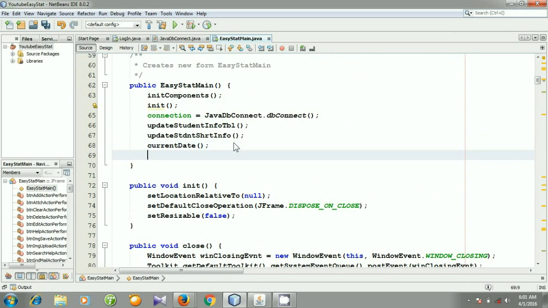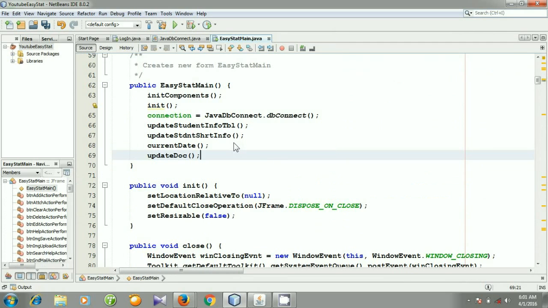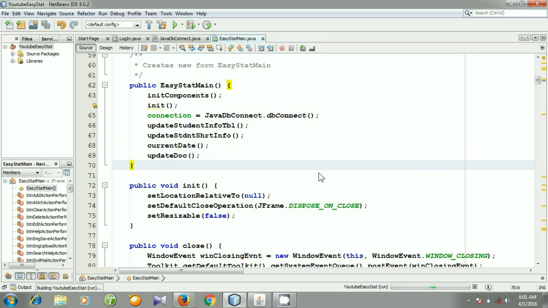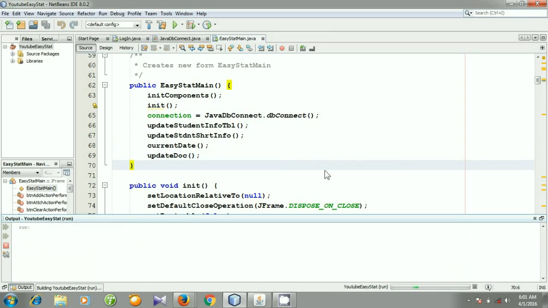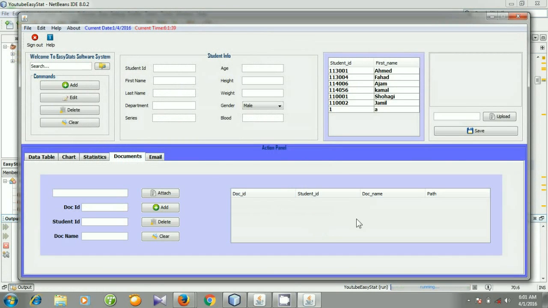So here I am calling the method update doc. So run the file, and this is a documents tab, and you see this is the document table: document ID, student ID, document name and path, and there is no entry in this table yet, so this time it is empty.